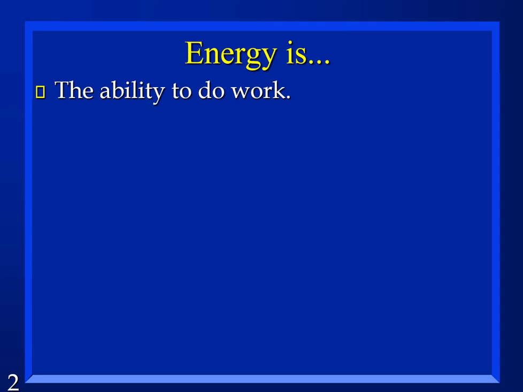And what work means to a scientist is making something move. Pushing it and making it move. The actual definition is force times distance, how hard you push times how far you push that distance. So to a scientist, when I lift the remote off the table, I'm doing work because I'm using force and it's going a distance. If I'm just holding the remote control, I've got force, but there's no distance, so I'm not doing any work. Work happens when I move things. Or when I stop them. If they're already moving, I do what it takes to stop them. So it's how you move things around.